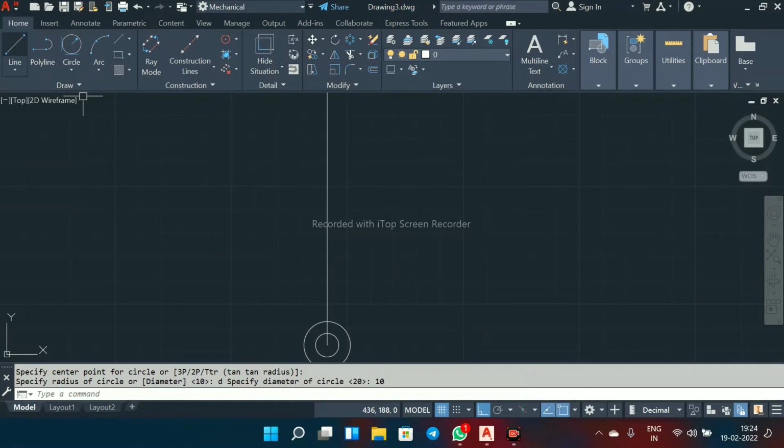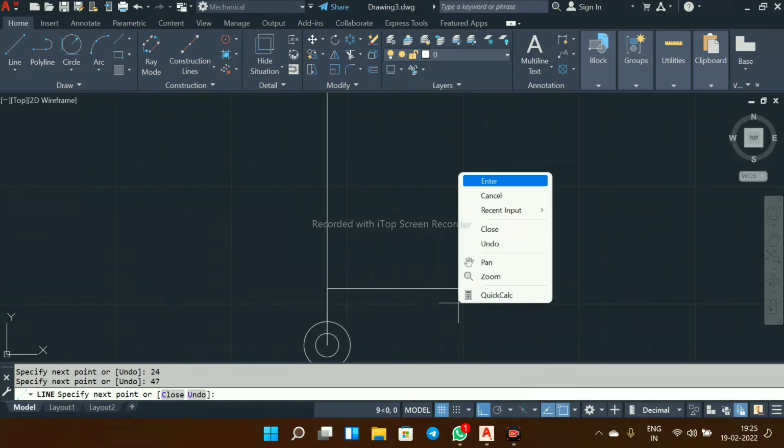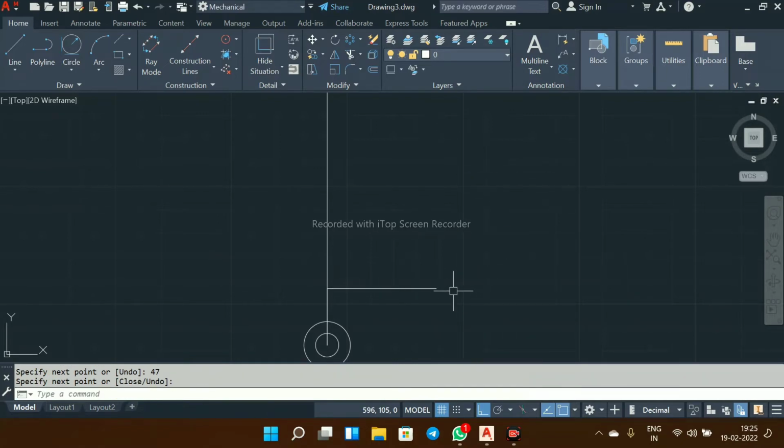So now for the second portion we will select line, this end point, and make it 24 mm height, and length will be 47 mm. Now we have this point here.